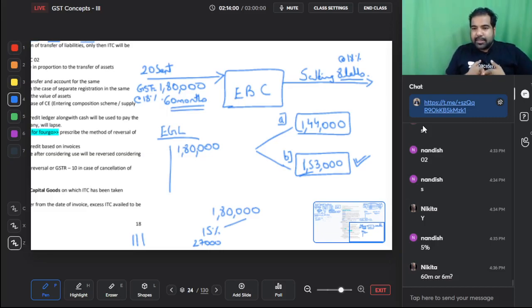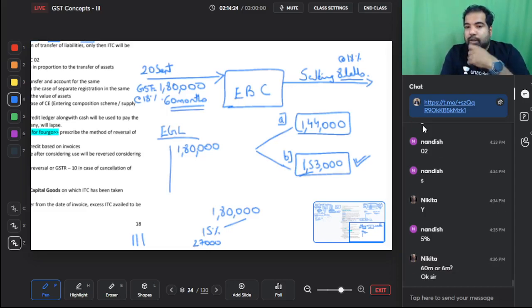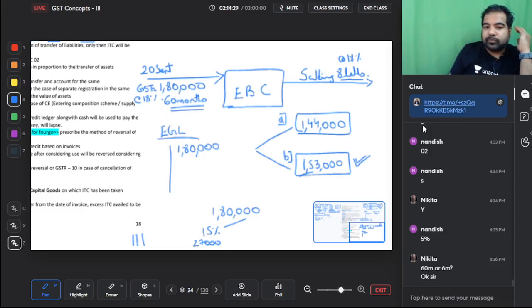This is section 18(6). It applies only to capital goods. Yes. Whenever you buy a capital good, can you take the credit of entire GST on the capital good? Yes, provided all the conditions are fulfilled. But you make a promise that you are going to use the asset for 60 months, that is 5 years. If you sell it within the 60 months, then you have to compensate the government by paying the higher of A or B. What is A? A is whatever price you sold at into the GST rate, and B is whatever the GST amount. How many ever quarters you used it, 5% per quarter you will get, but the other you will have to reverse.